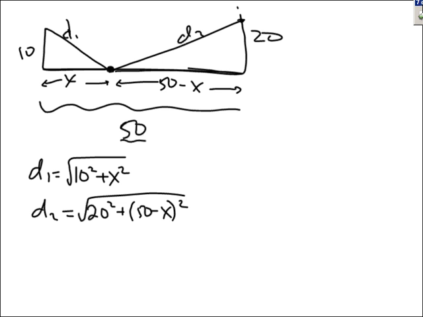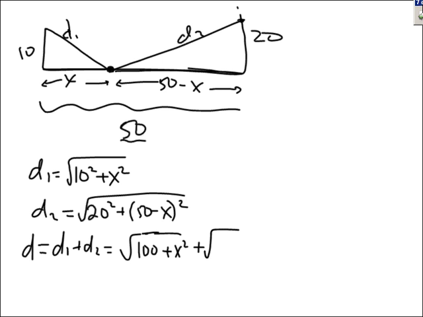So the total distance, which is D1 plus D2, is equal to the square root of 100 plus x squared, since 10 squared is 100, plus the square root of 400, which is 20 squared, plus (50 minus x) squared. So we want to minimize